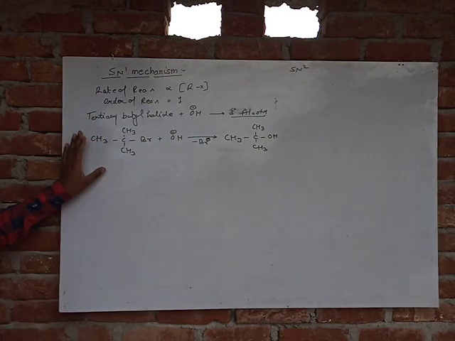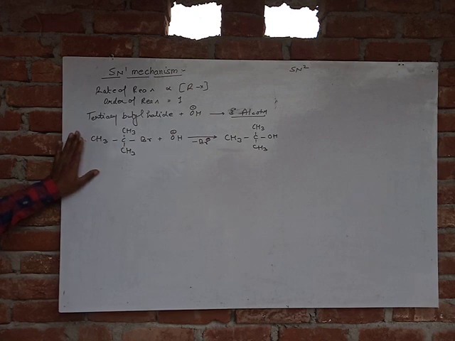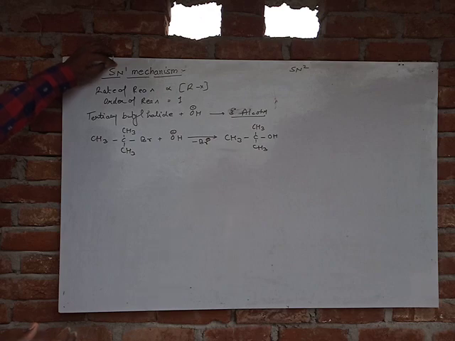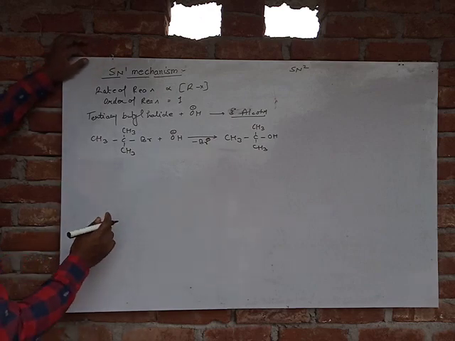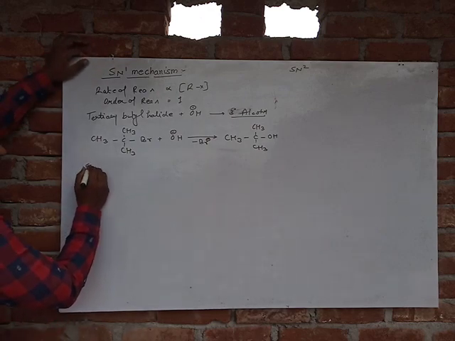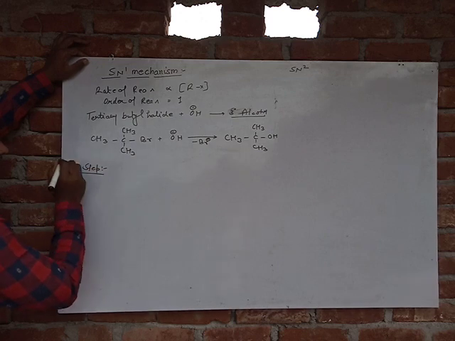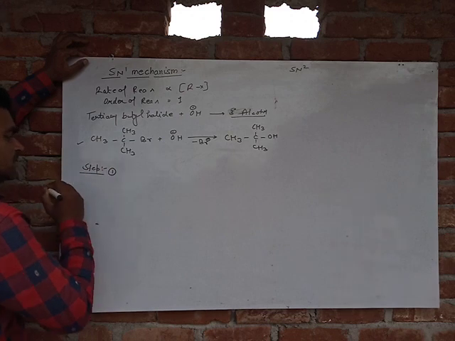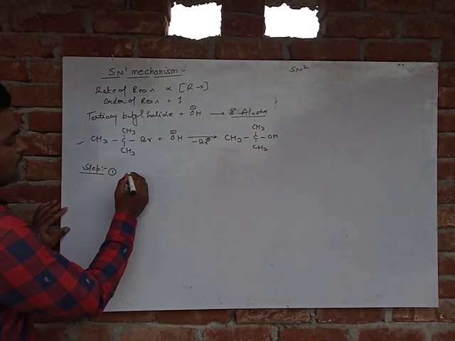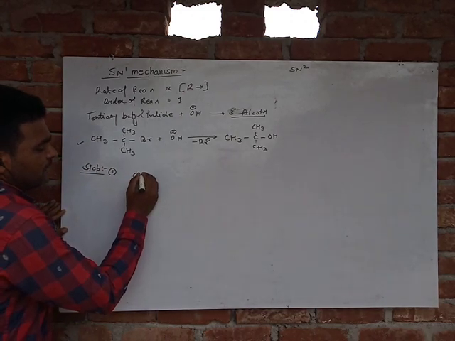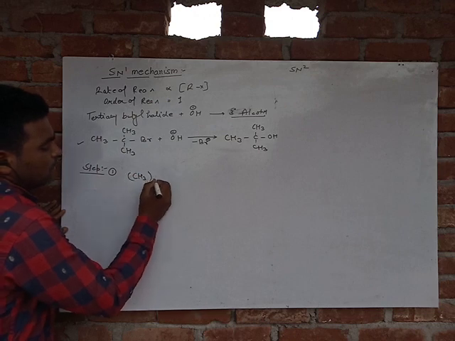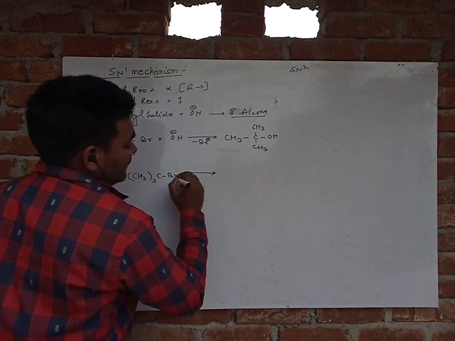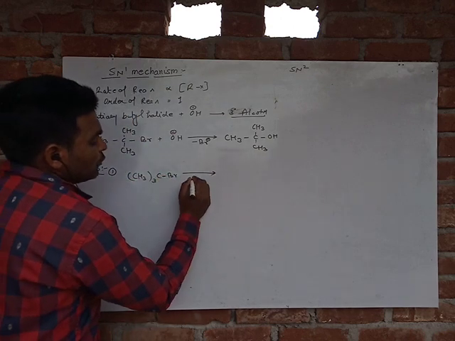And when we discuss the mechanism of this reaction, the mechanism followed is the SN1 type. The mechanism is given in two steps. In the first step, the tertiary halide, (CH3)3C-Br, loses the bromide ion